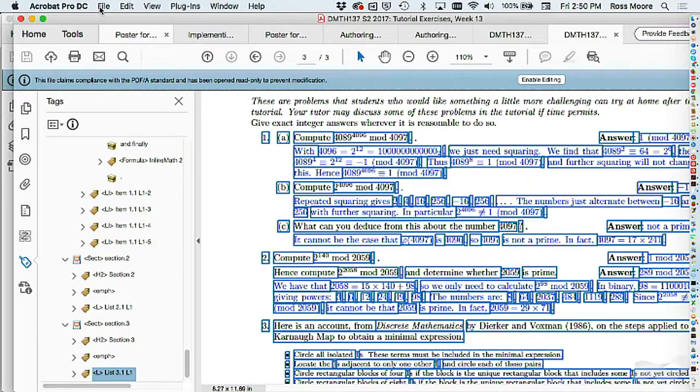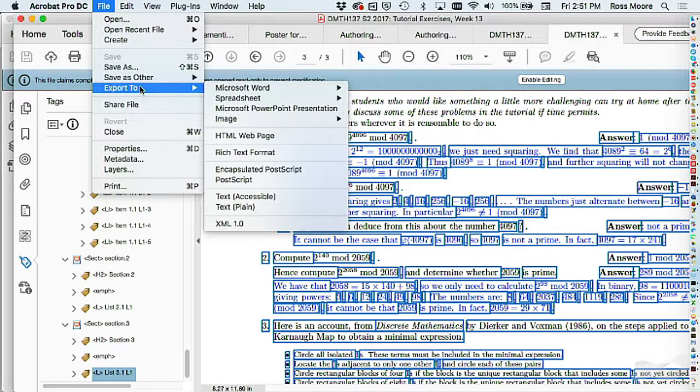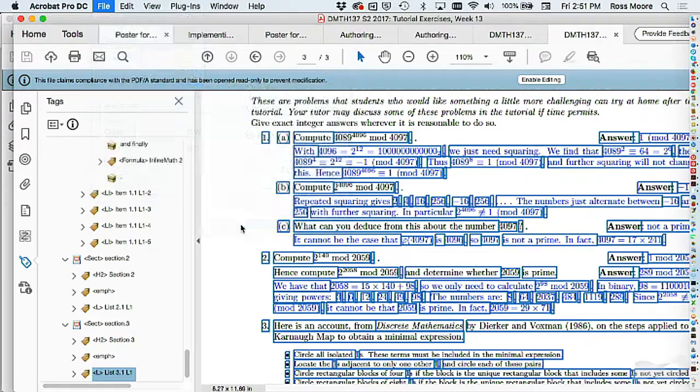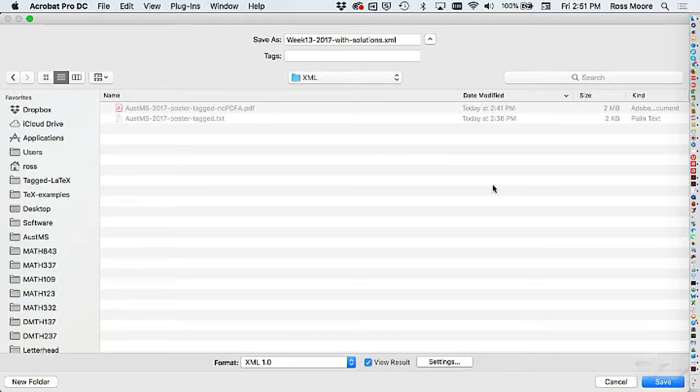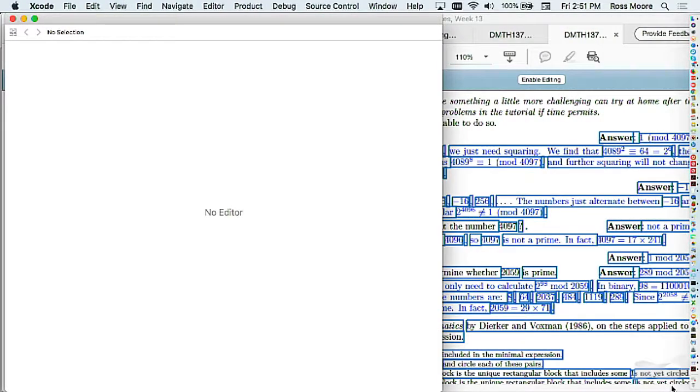Now, another good way to see just what's in here. I could try to read this, but of course we don't really have time to do all of that. It's a bit too much. But there is another way we can see what's in there, and that's to export this to XML. If I export this to XML, and that's why I want an XML folder, and save,